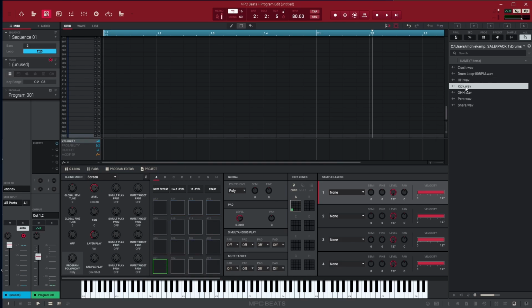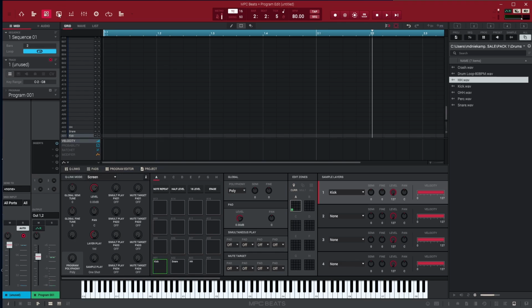But anyway, the point is we could drag our samples here. I want a kick there. We want a snare there, and let's just put a hi-hat. We'll just make something simple. Now the problem with this is that there is an obvious delay, so we need to edit the underlying audio,